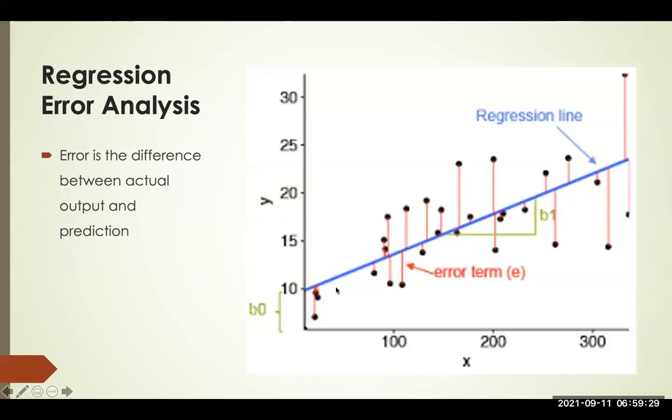Okay, and that's why we put that as it. So the goal is to reduce this error to the barest minimum. The smaller the error, the better the performance of the model. The larger the error, the weaker the performance of the model. So you want the error to be very small.